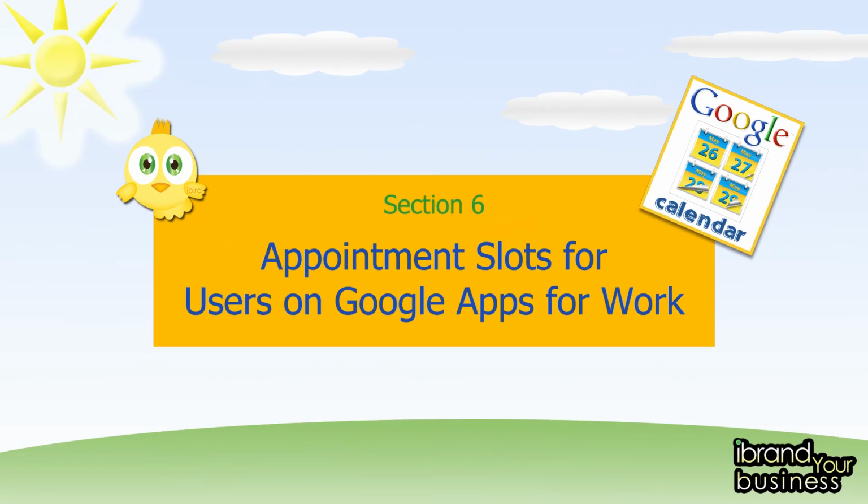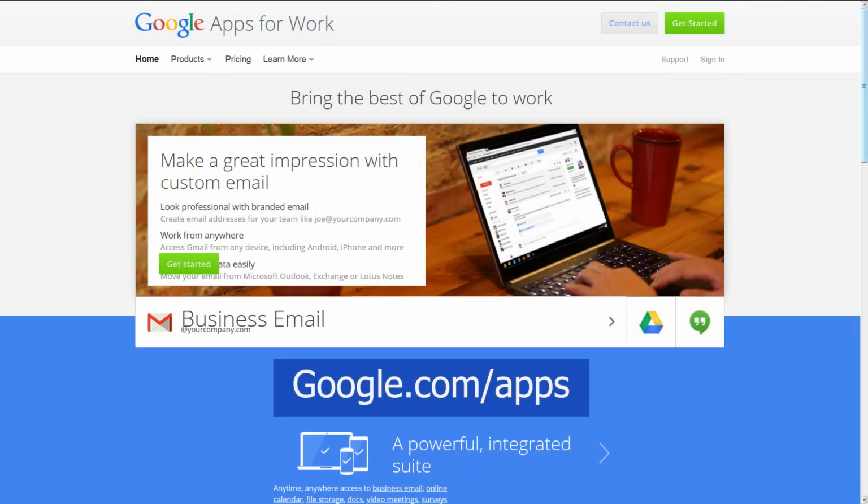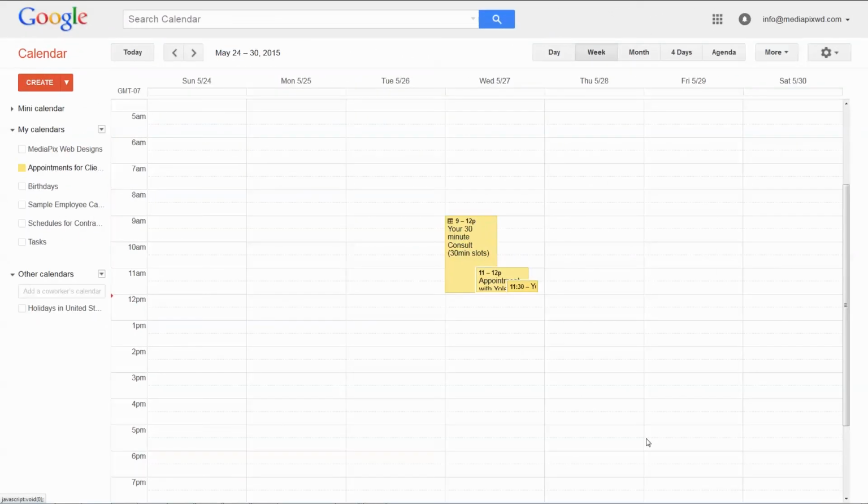All right, let's talk about appointment slots. This feature is only available to Google Apps for Work. If you have the free Google account and you really want to use this feature, you'll have to sign up for Google Apps for Work. You can sign up by visiting google.com/apps. Let's move on and create another calendar called Appointments, which I have already created, so I can show you